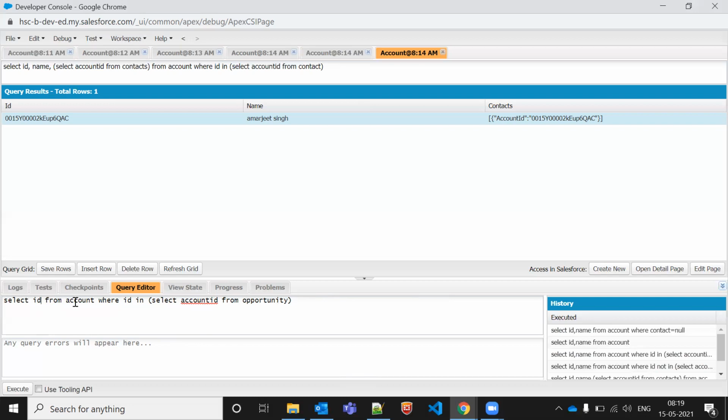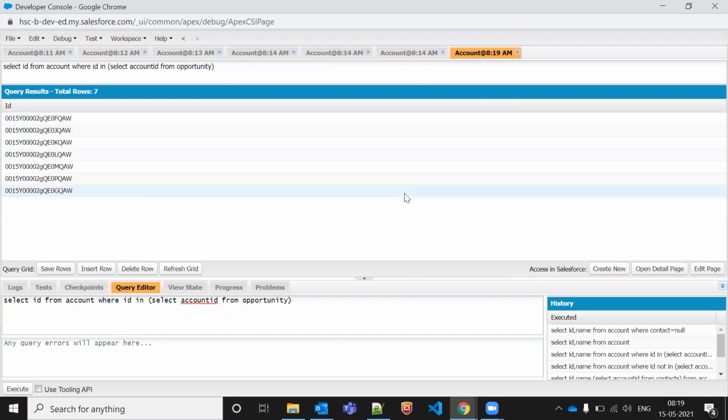Without this, we cannot fetch. No, it doesn't mean that. We are going to fetch the number of accounts, sorry. We are not fetching the opportunity. If you want to see the opportunity, that is a different thing, but this is not mandatory. Okay, so this will work.